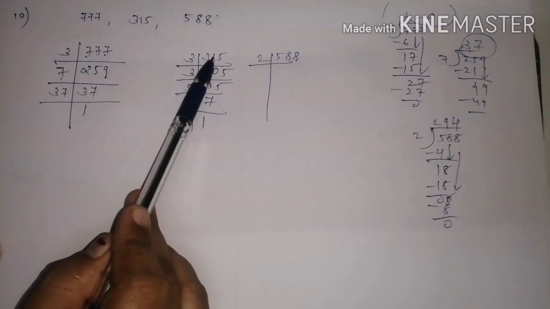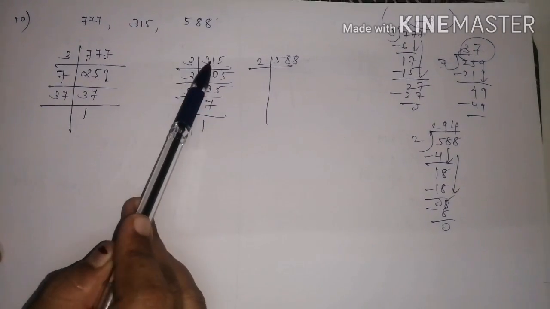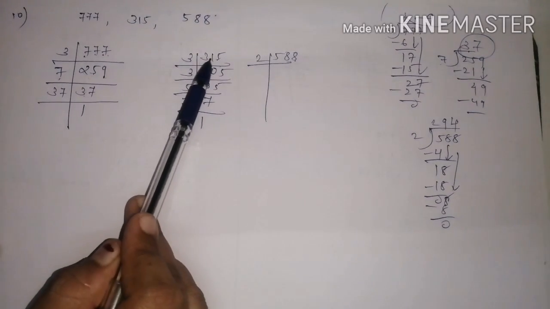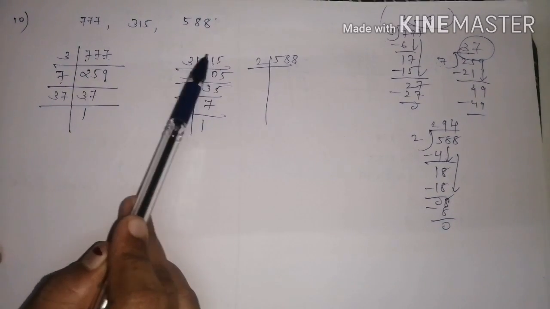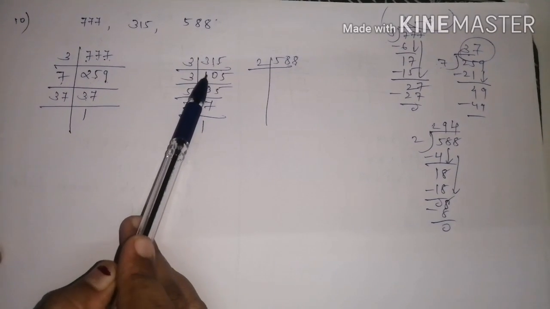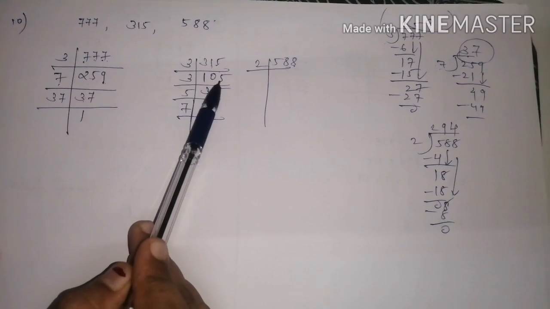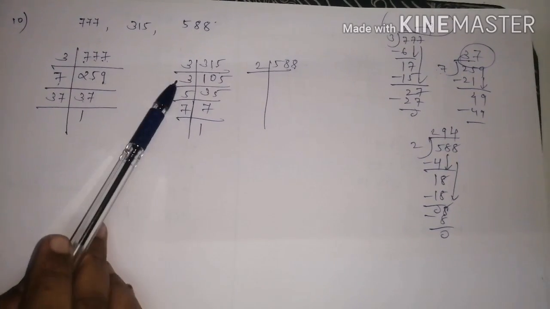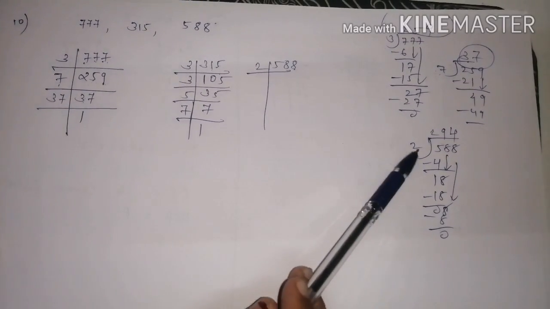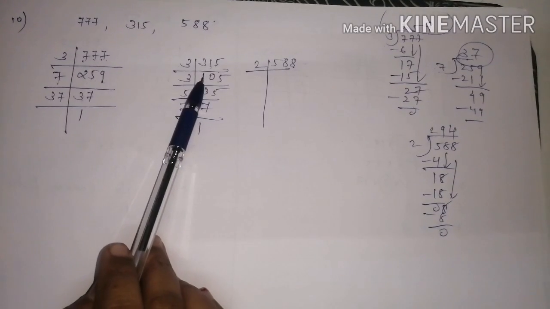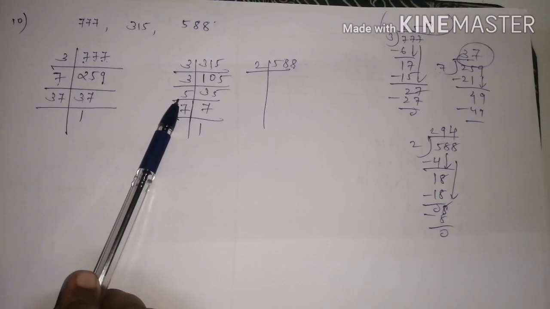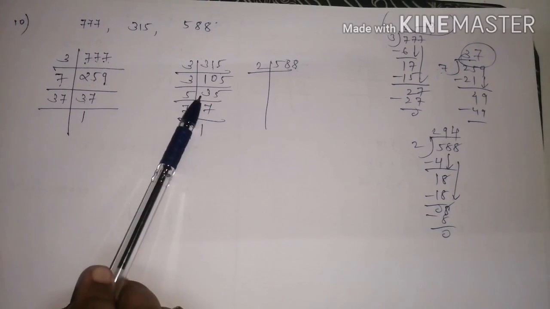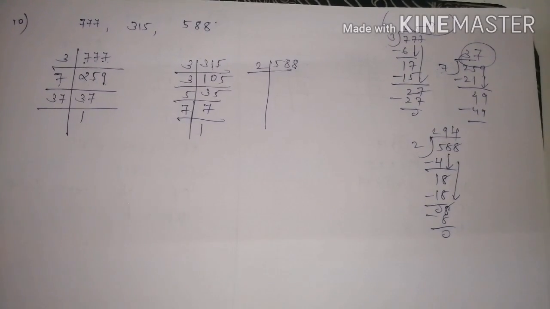Again we find the prime factors of the next number, 315. It will go by 3 because the digit addition is 9. 3 plus 1 is 4, 4 plus 5 is 9. So if you divide you get 105. 1 plus 5 is 6, so it will get divided by 3. 3 is a prime number. If you divide 105 by 3, you will get 35. 35 comes in 5's table, and 5 is a prime number. 5 7s are 35. 7 1s are 7.